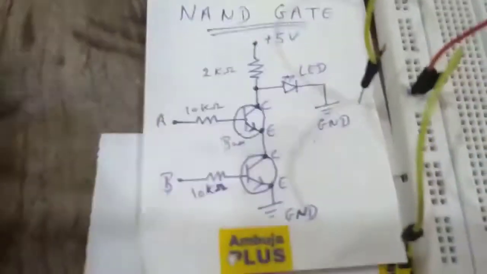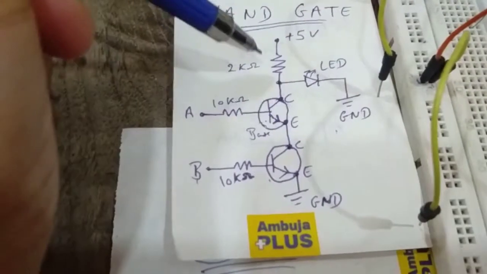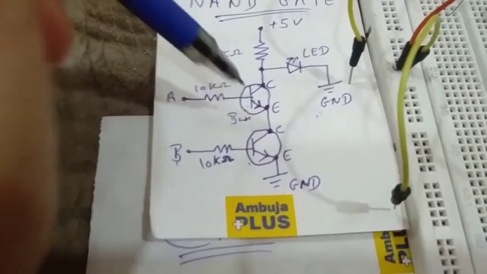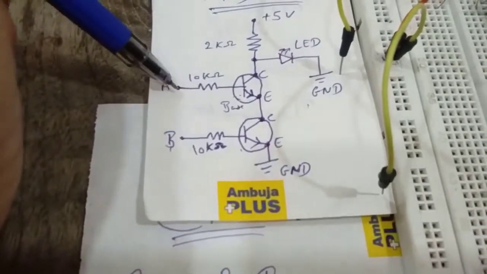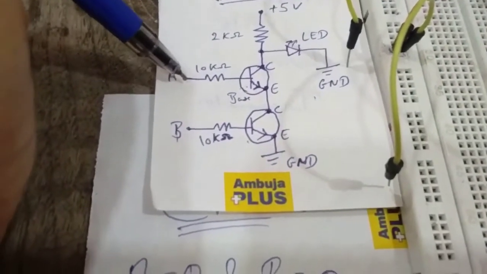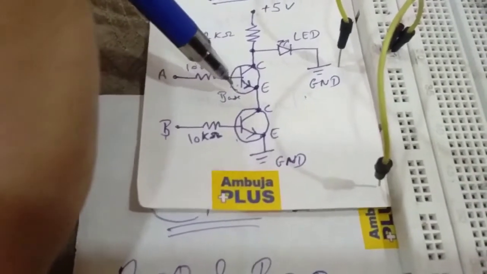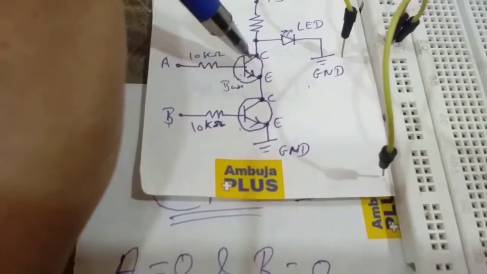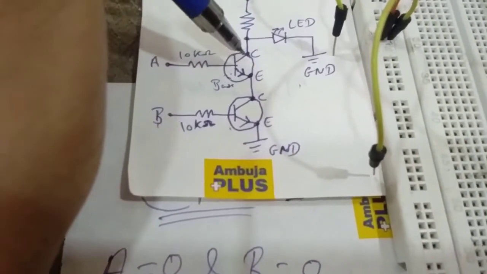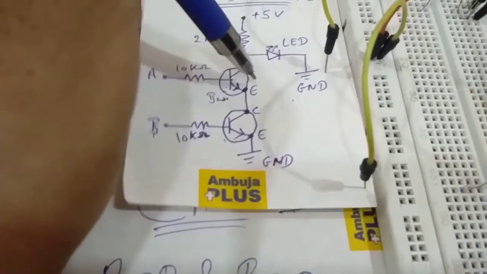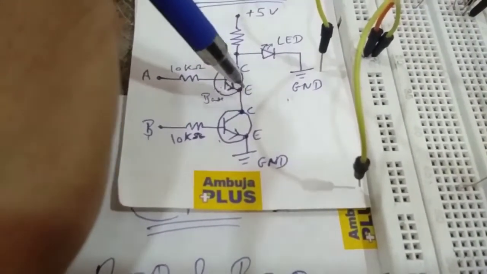Now in this circuit, what happens here is, when a 5 volt supply passes to the collector terminal of the first transistor, and input A, which has 0 value, gives the 0 value to this base. Since the base acts as a switch between the collector and the emitter, it makes no connection between the collector and the emitter, and hence the high input from here stays here, and the emitter receives no input.